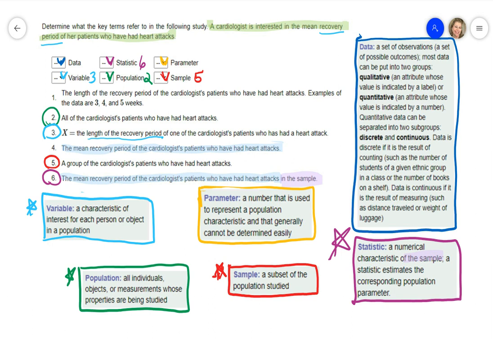Parameter is a number that is used to represent a population characteristic and that generally cannot be easily determined, because you're looking for the mean. And to determine that, you have to,